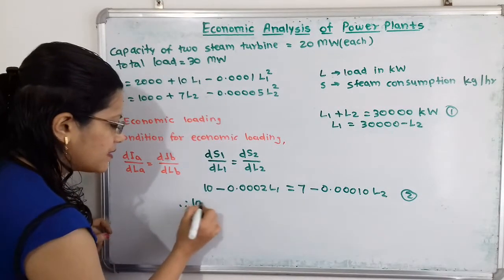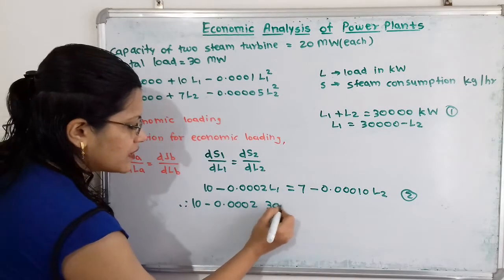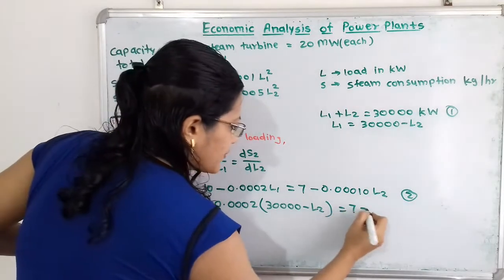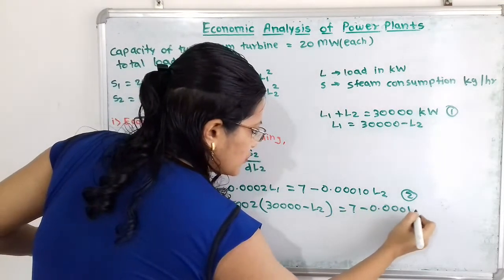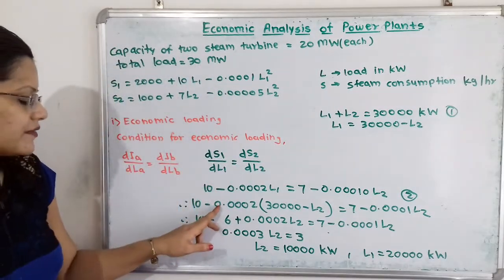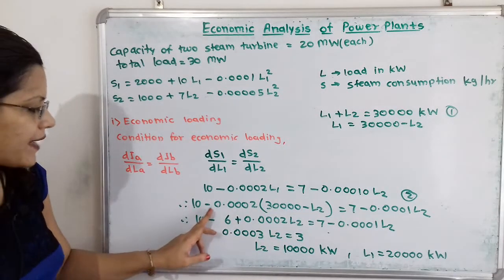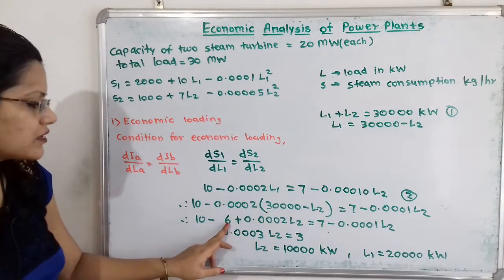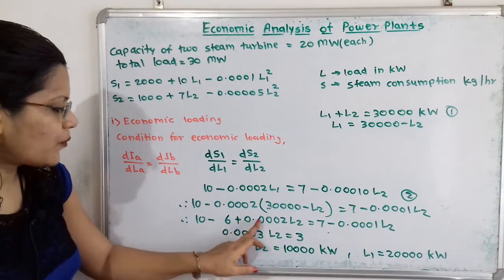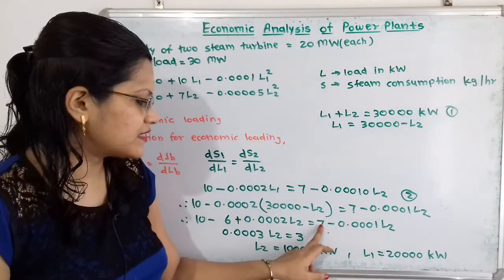Therefore 10 minus 0.0002 into (30,000 minus L2), which is equal to 7 minus 0.0001 L2. Now we will multiply this 0.0002 inside the bracket. So here 10 minus, if we multiply with this 30,000, then it is 6. Now this minus minus will become plus. So plus 0.0002 L2, which is equal to, we have to take this side as it is, that is 7 minus